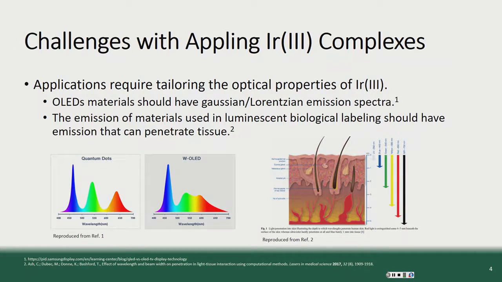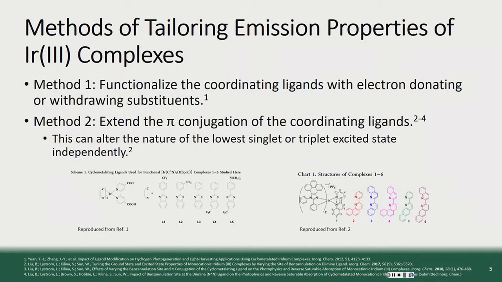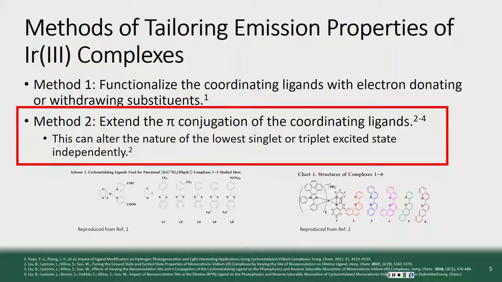How can we resolve some of these challenges? I'm a computational chemist, so we can take the organic compounds and try and manipulate the structure. And in literature, there's two predominant features of this. It is functionalizing the coordinating ligands with electron donating or withdrawing groups, and this is typically inductive effects, like a trifluoromethyl attached, or like an amine. So that's one way. The other way that I'll be focusing on is extending the pi conjugation, or as I